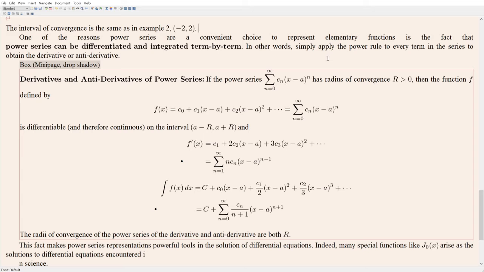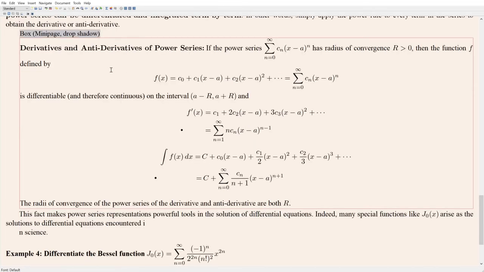It'll still converge. Which isn't immediately obvious how to prove, but we're not going to worry about actually proving this in this course. That would be the sort of thing that you would do in a graduate level course, is actually prove that this thing can be differentiated. In any case, this power series, if you write it out, it's c sub 0 plus c1 x minus a plus